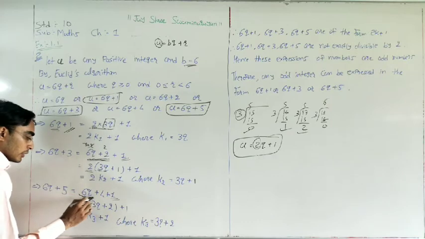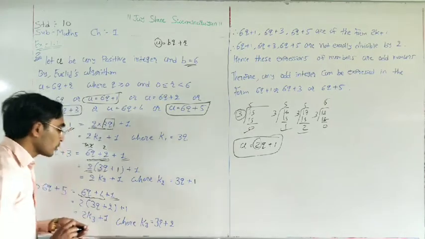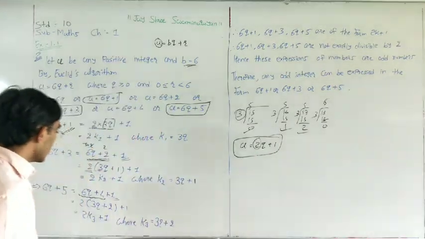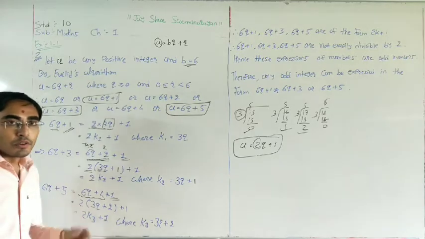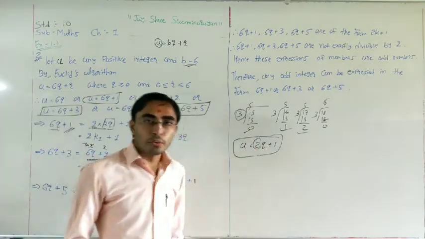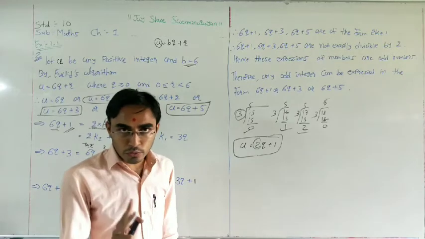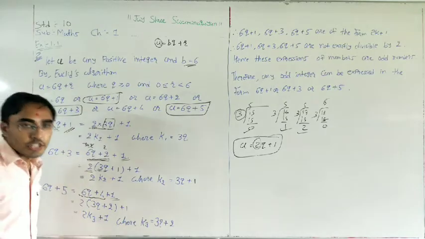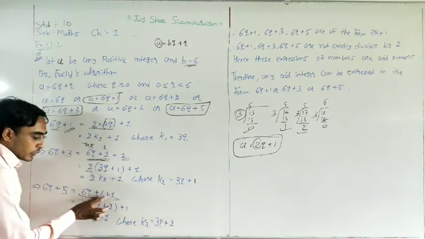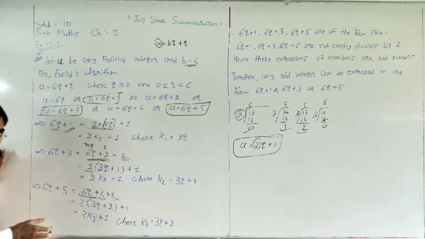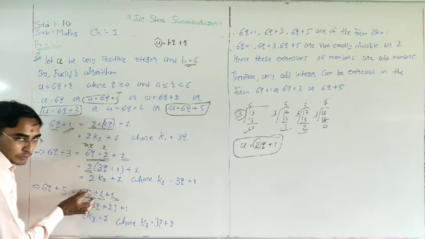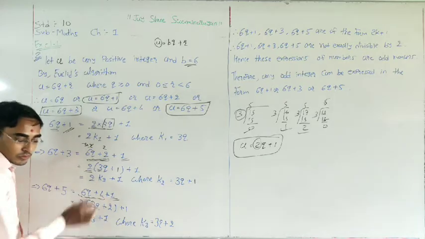Again, now in place of these two terms, 6q plus 4, what we want here is 2, right? We want 2q, right? So here we want 2. So again, same process. Take 2 as a common from these two terms. Here we have 6q, here we have 4, so we can take 2 as a common. Why we take 2 as a common? Because we want that, right? Now here we have 6, so 2 3s are, so here 3q. Here we have 4, so 2 2s are 4.